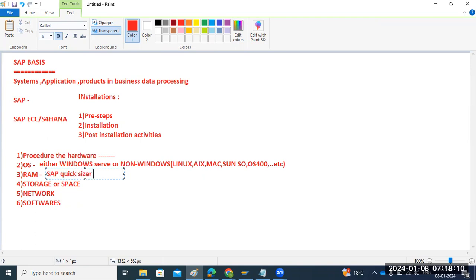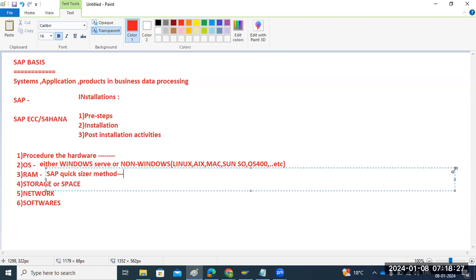This is released by SAP for the customers who want to go for a fresh installation. They can use this Fix Sizer tool to get the RAM size,